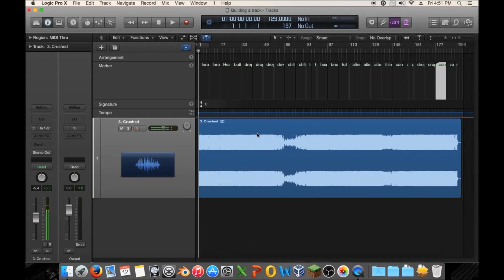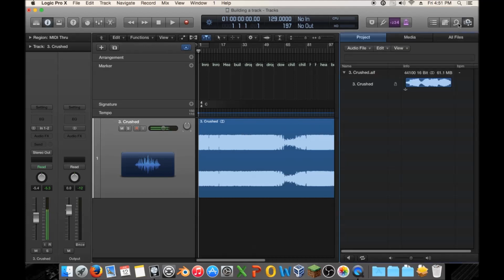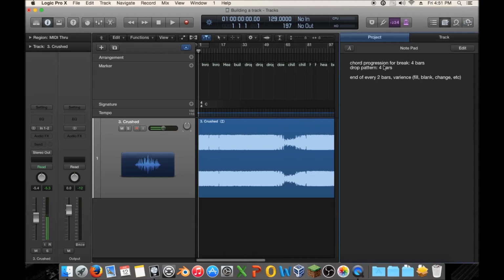For DJing, you need to know this so that you can mix tracks. And for producing, you need to know this so that you get the idea of what a genre entails. You'll learn that, despite the fact that songs have different plays on these, they tend to follow some sort of pattern. For instance, the chord progression for the break might be 8 bars instead of 4. But other than small changes, they follow a similar structure, like intro, build, drop, downlifter,